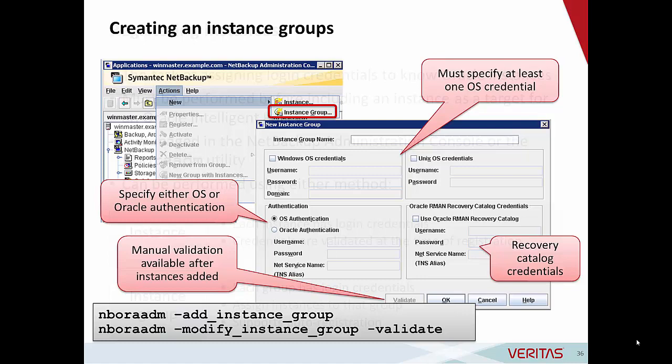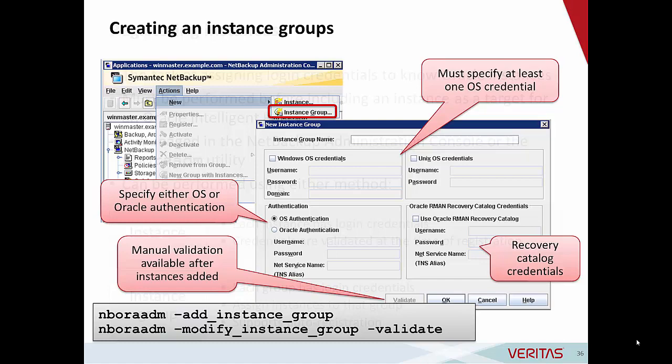And this supports auto-registration for automatically discovered instances. If an auto-registration instance group has been assigned, then any newly discovered instance will be automatically assigned to that group, and NetBackup will try to use the credentials of the group to log on to those instances. And again, this registration can take place from the NetBackup administration console or from an Oracle client itself using the